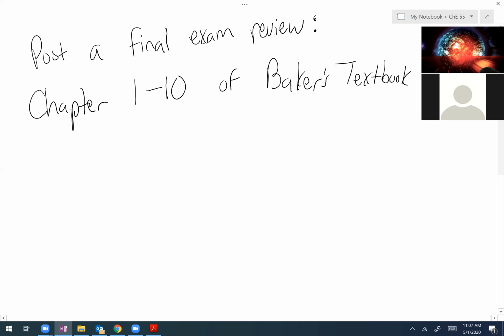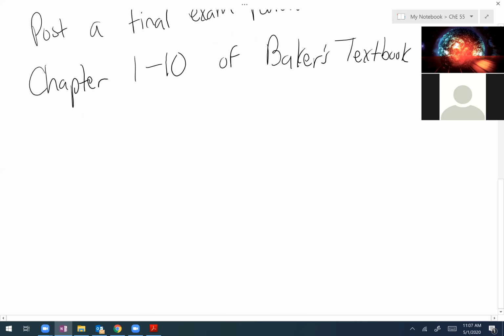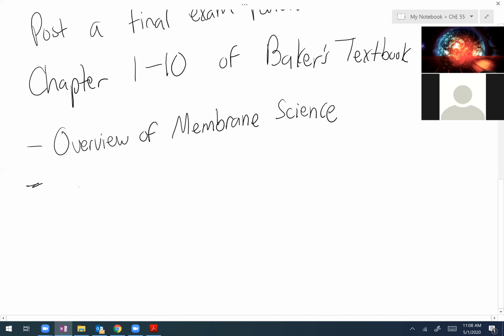And so when we're looking at that, we looked at an overview of membrane science, the kind of terms associated with membranes,